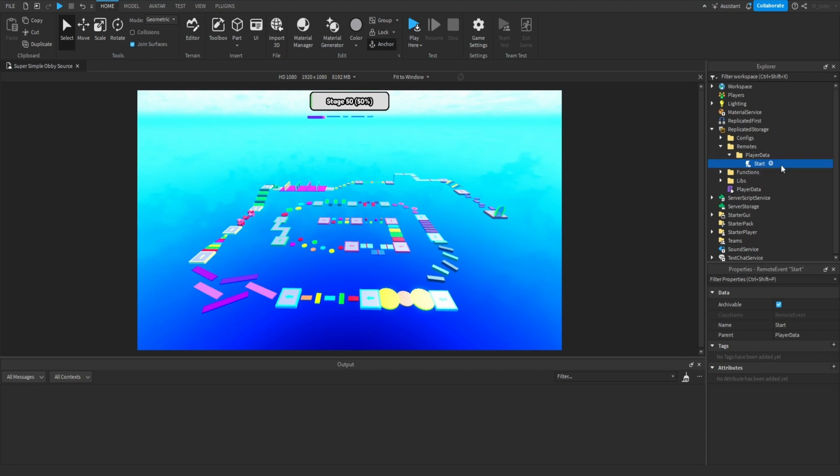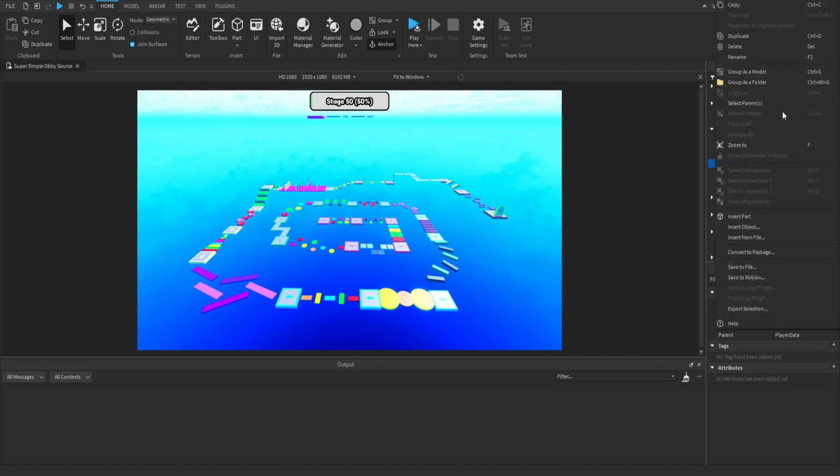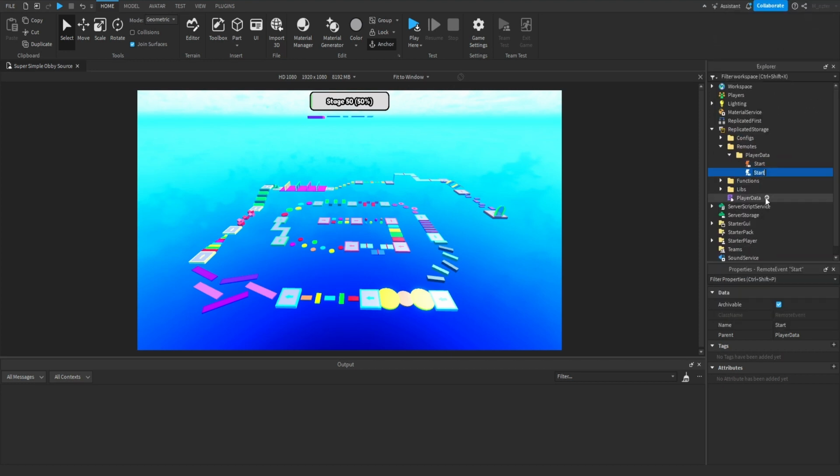And what I'm going to do is actually duplicate this rather than clicking this plus icon and adding one that way. To duplicate this, we've already gone over this. You hit Control and D, or if you're unsure, you can also right click and then figure out the keybind that way as well. Now for our second remote event, we're going to go ahead and call this set data. Now this remote event will be fired from the server side, giving the player their saved data. And this remote will only fire a single time, which would actually be after when the client uses the start